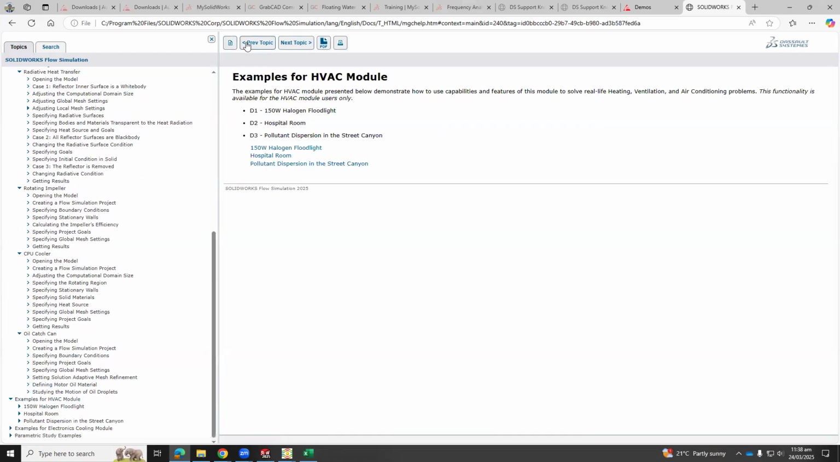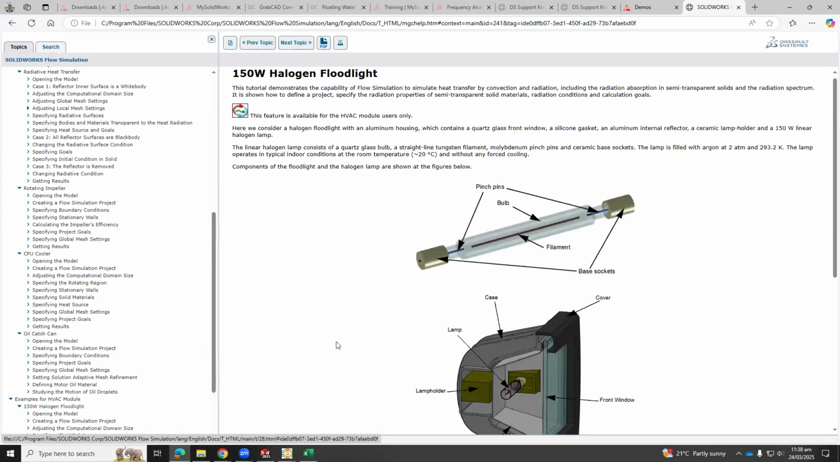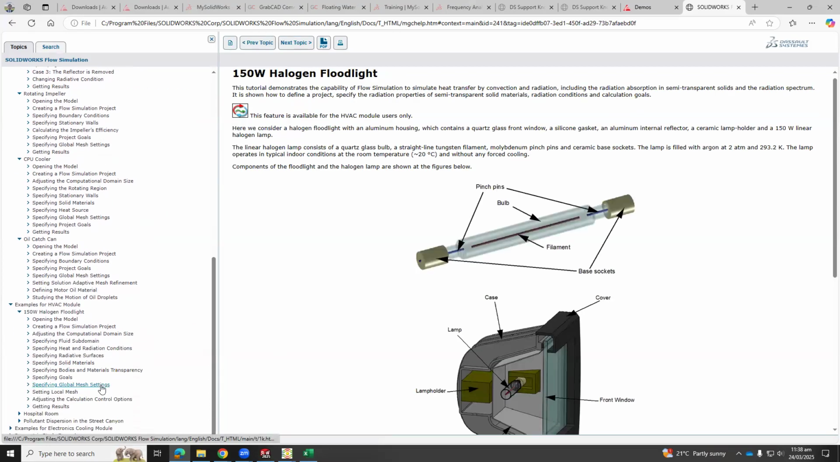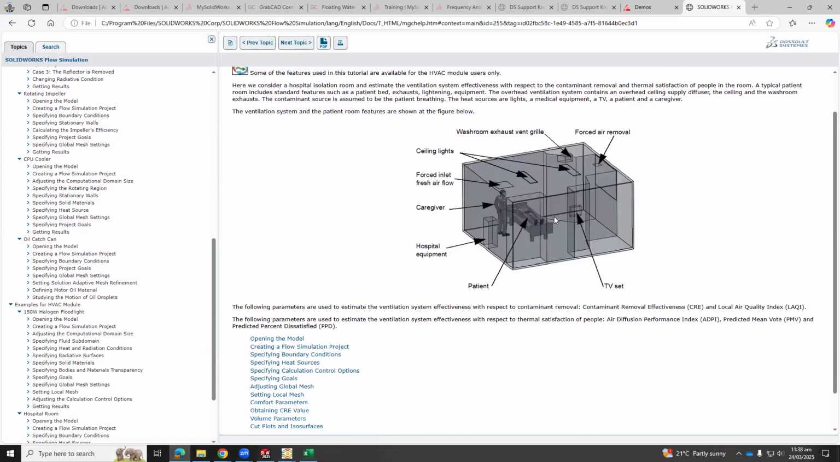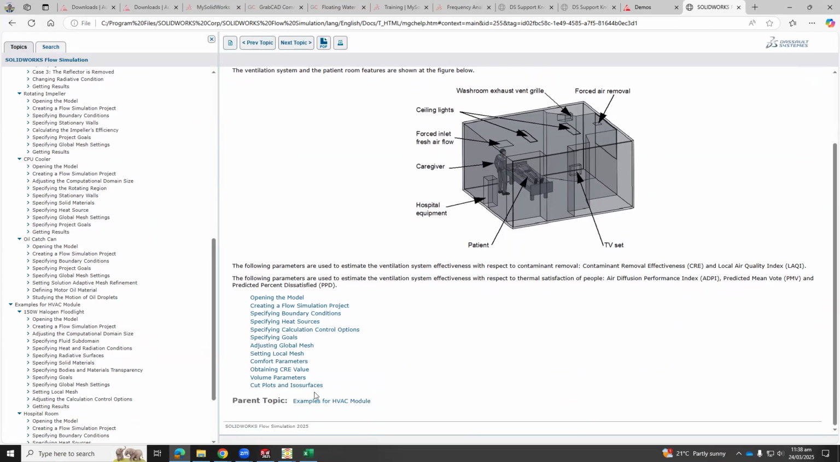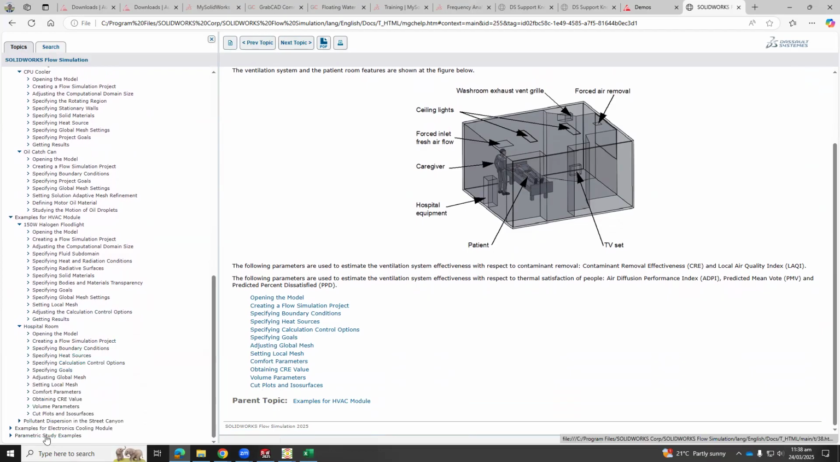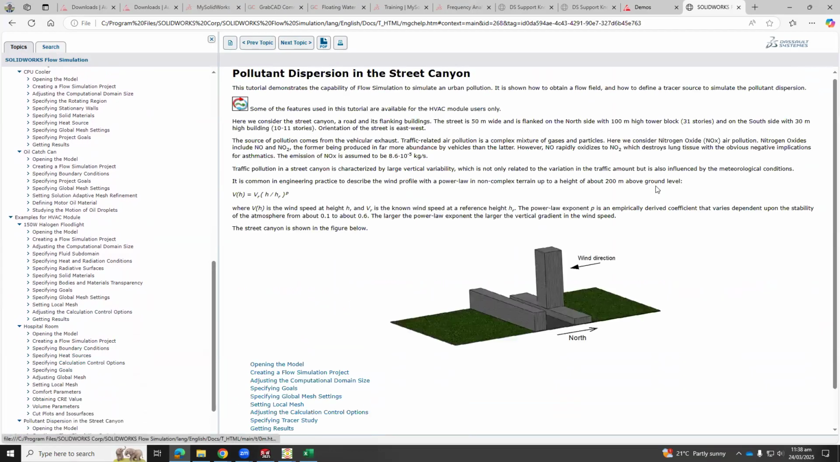HVAC modeling system. You have the 150 watts halogen, like if you want to do floodlights. Hospital room, that's when you have a patient in the hospital and they are breathing CO2 with viruses. How can you calculate everything, or thermal comfort, with it? Pollutants for a city, when you're trying to reduce the pollution in a city, you can do it at a big scale, not just for buildings. This is important for city